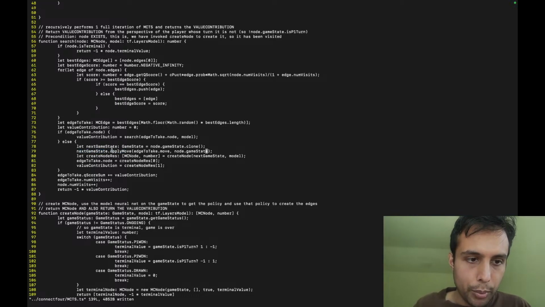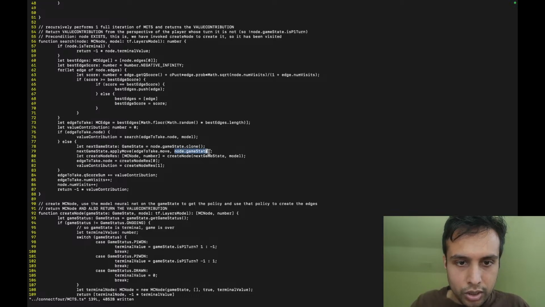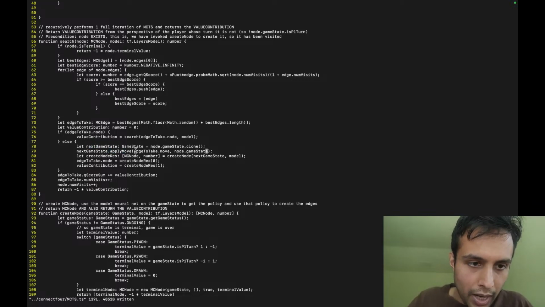So that's a destructive operation that advances it, and then it sets the back pointer to what? Not a new clone. It just sets it to the immutable game state, this current node's game state. That will be untouched. It'll be pure. And whatever new game state we take, we want its back pointer to point to the current game state. So this is the current game state, and this will be the next game state. We cloned it, then we apply the move, and applying the move destructively changes it to be the next game state.